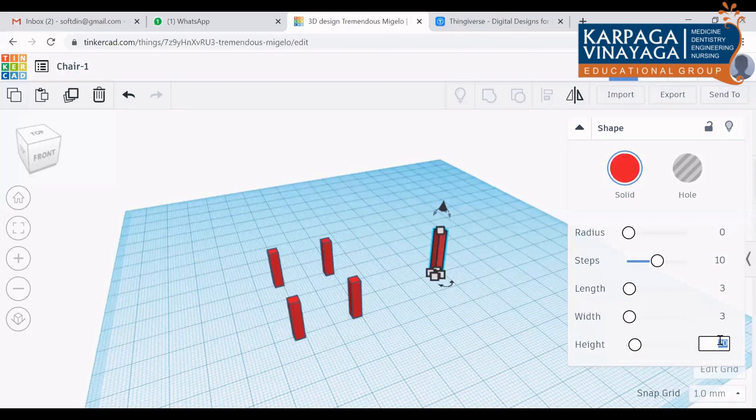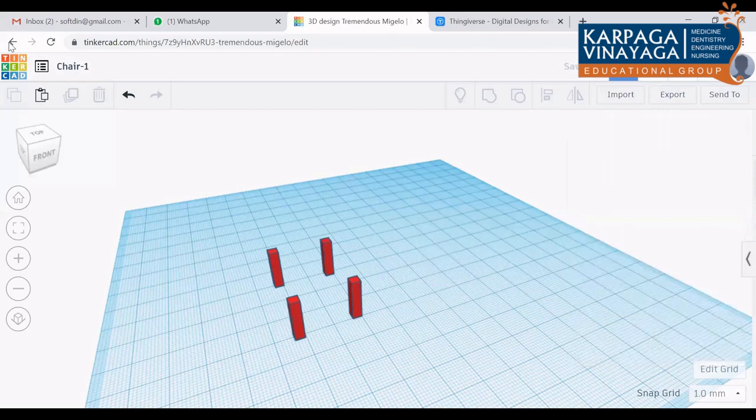So change here into 15. If you don't want this, you can click it and delete that. And the undo redo option you can see here. Either you can press Ctrl Z for undo, or for redo you can press Ctrl Y in your system, or you can directly click over here.